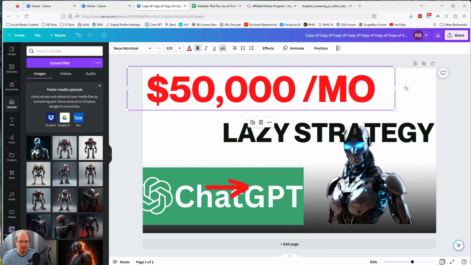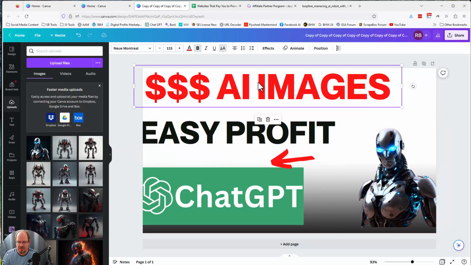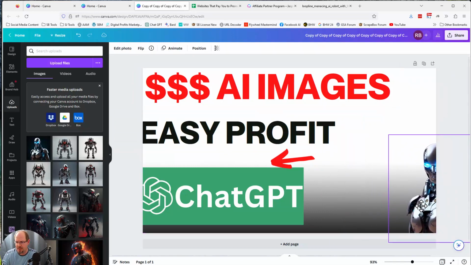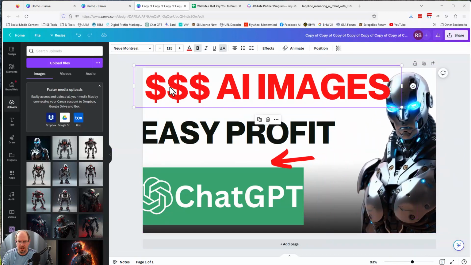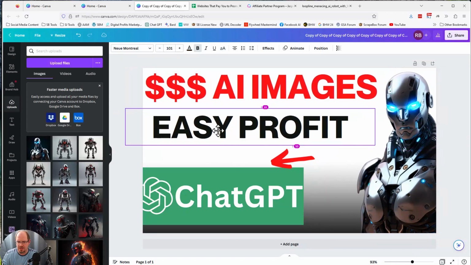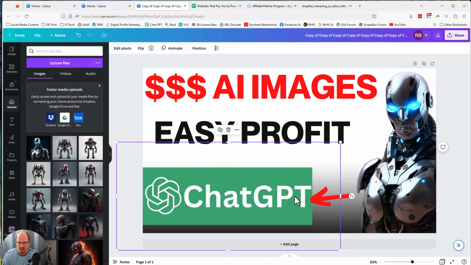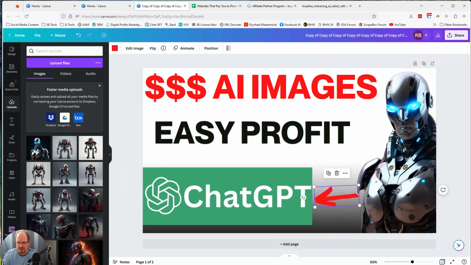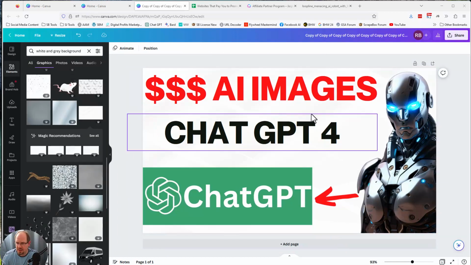All right, I did a couple of things. I changed this to Easy Profit. I changed this to AI images. I'm going to take my image, push it out here, and then just make it bigger so that it kind of comes in here. And let's make this just a touch smaller and move it over here. So I've got some AI images, some easy profit action. I'm going to work with Chat GPT because we did talk about writing with Chat GPT. All right, I swapped the background there, just grabbed the background out of the other thing. And that's it. So this is the image where I changed this to Chat GPT 4.